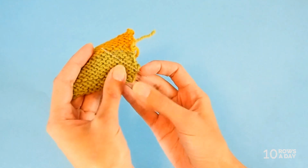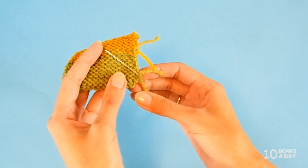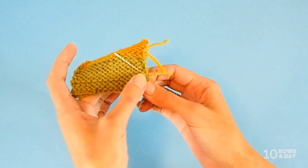And note that so far the needle is empty. It doesn't have the tail in it. And I did it on purpose. That's the whole point of this trick. So now that the needle is in the work,